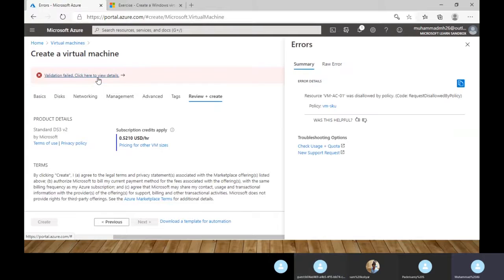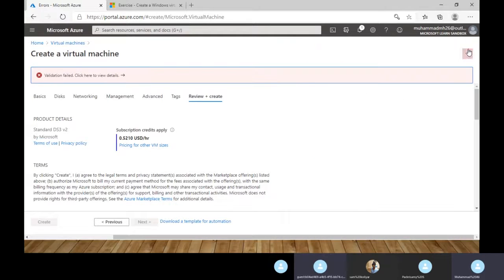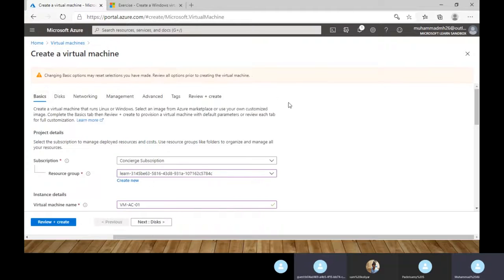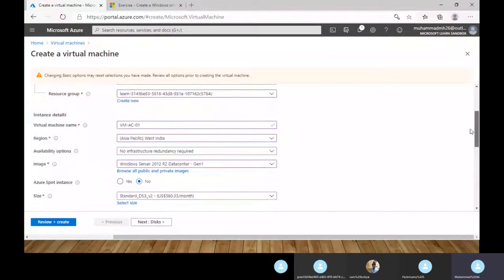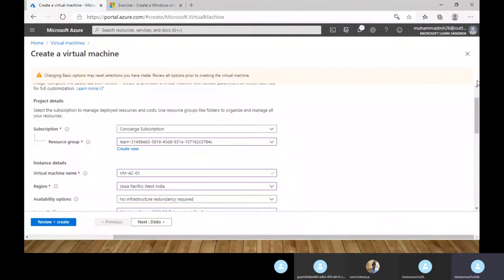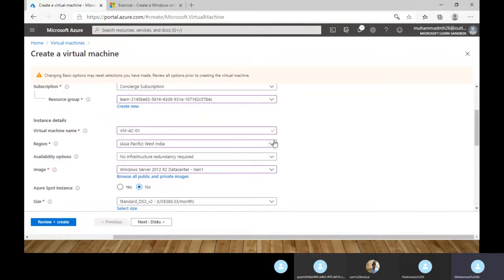What does it say? Something missed. Let me choose another data center.